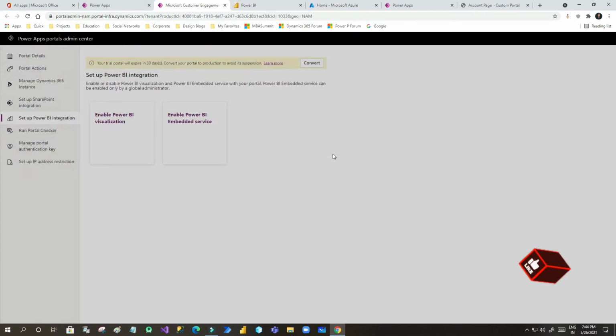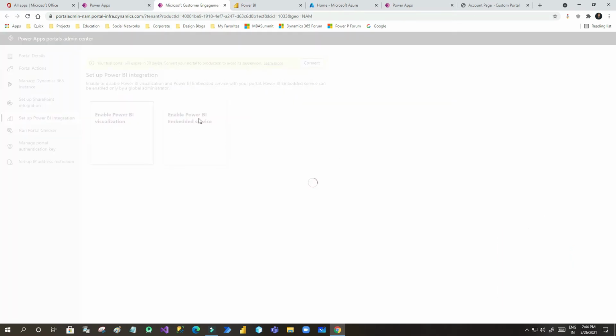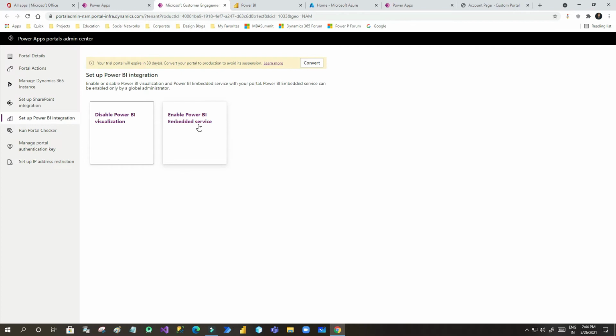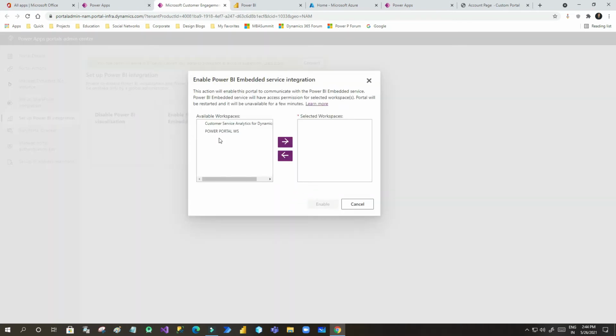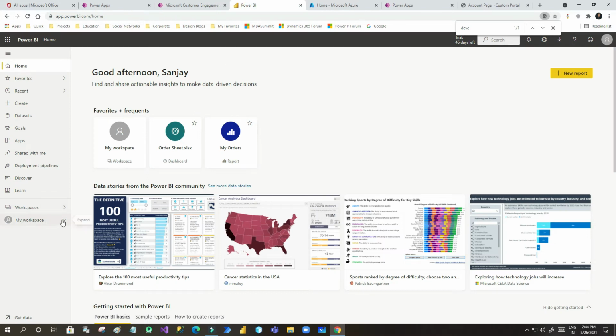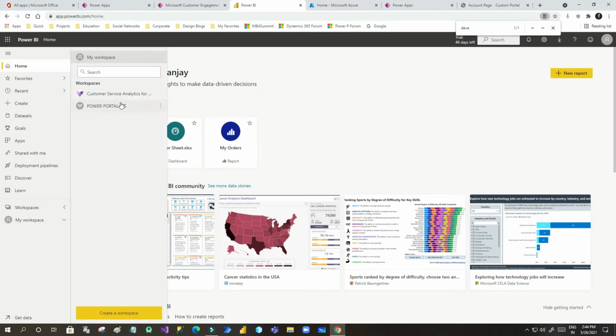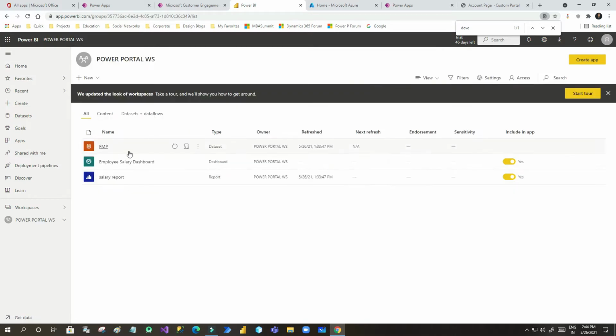Click on close. Next we have to enable the Power BI embedded service, because there is some more functionality in the embedding service in the portals for Power BI, so enable it for now also. Here it is asking which workspace you want to use. I have multiple workspaces in my Power BI. If you go to the workspace, you can see this is my workspace, and in it I have some dashboards and reports.